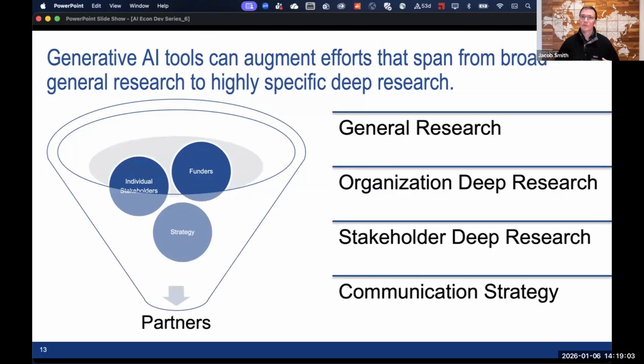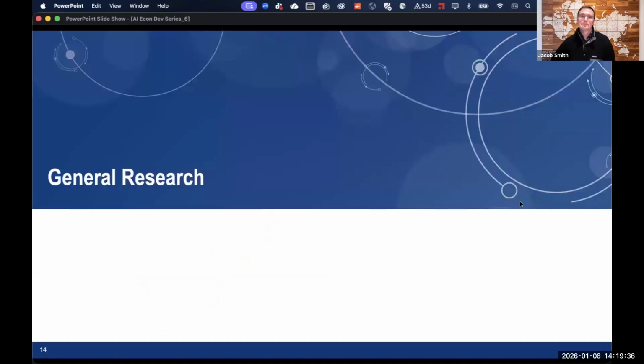So today, we're going to focus the conversation around doing some general research. We're going to talk a lot about deep research on organizations as well as individual stakeholders. And then we'll talk about how you can tie up all of that information into a strategy just through prompting and using AI tools. Like Mike said, you're the ultimate author. These tools are there to help you do what you ultimately need to do. They're not the end all be all, but they can be extremely helpful. And I hope we can get that point across today.